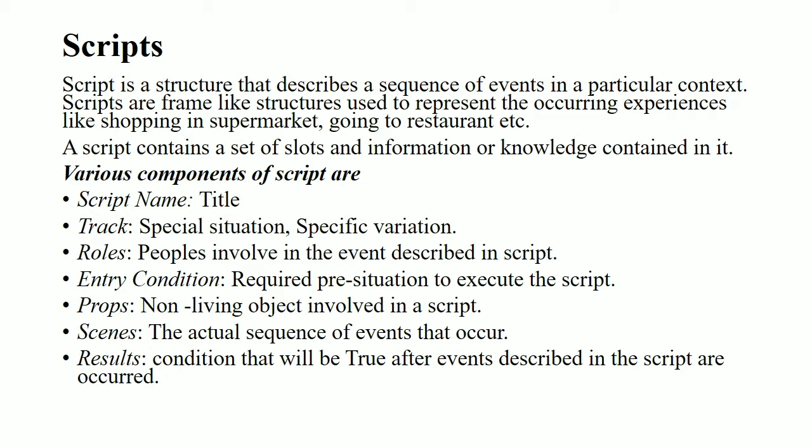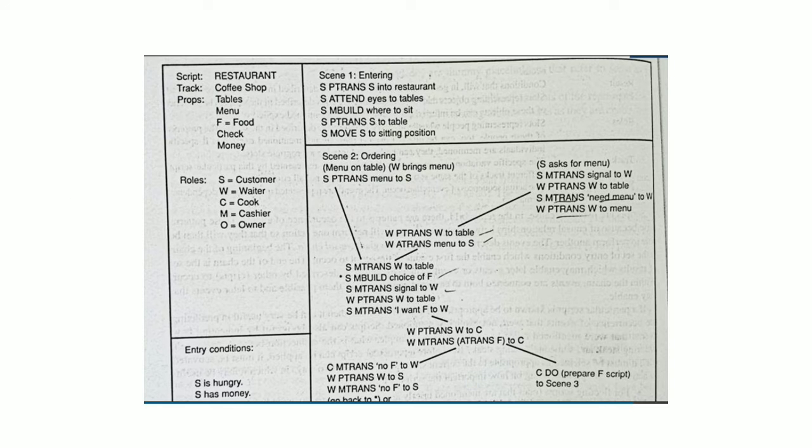So these are the various components of the script, and you should concentrate on them. Many questions arise from this, so concentrate on this topic. For example, in the Rich and Knight book, you have a script for the restaurant, and here the track is the coffee shop. That is, the situation is that you are meeting a friend